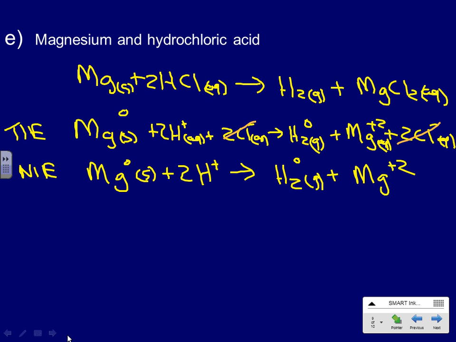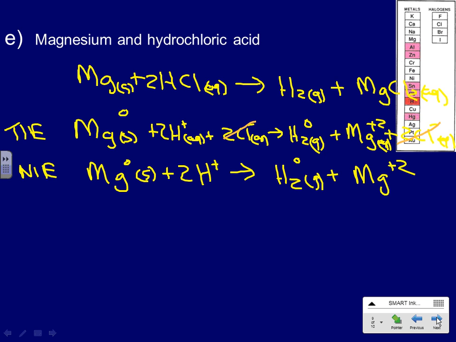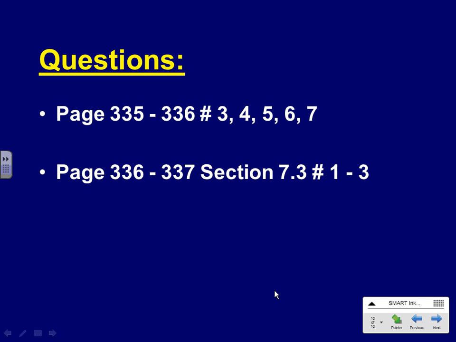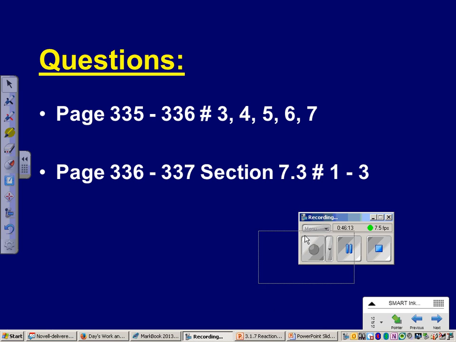All right, so those are net ionic equations for single displacement. It's an electron transfer. It's about trading electrons in a reaction like that. That's great. There are some practice problems. Page 355. I want to look at these questions for a minute. I'm going to stop the recorder, though, here as you guys are writing. I've got an extra worksheet that